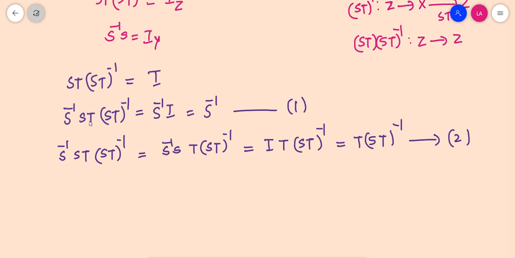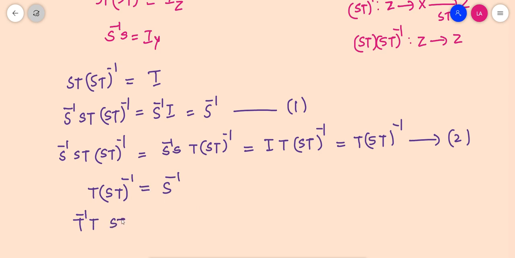Since the left hand side of equation number 1 and 2 are same, the right hand side should also be same. So we can write it as T ST the whole inverse is equal to S inverse. Now apply T inverse on both sides. Since T inverse exists,